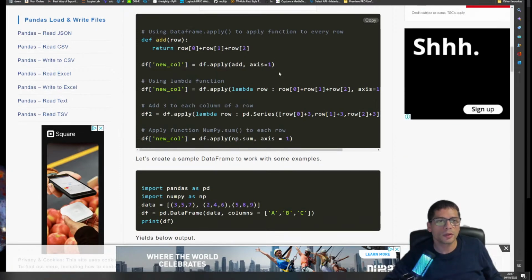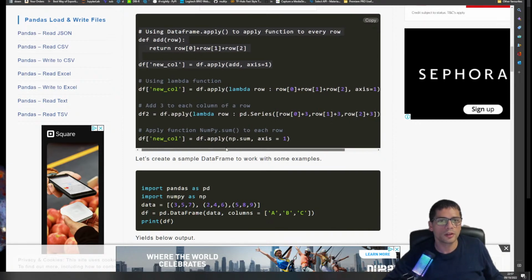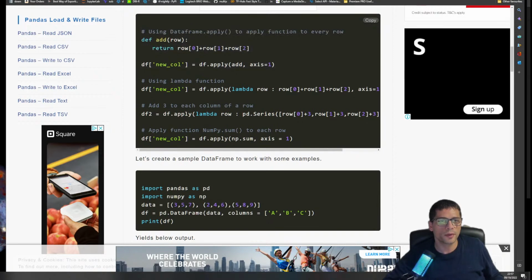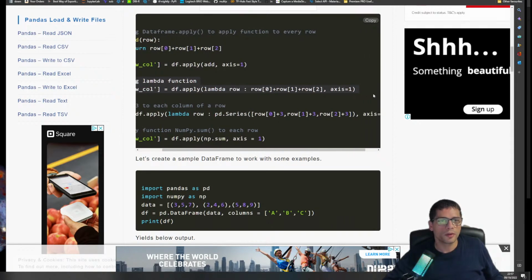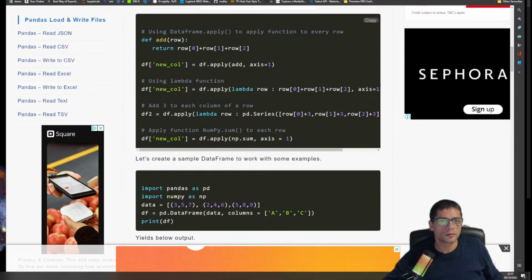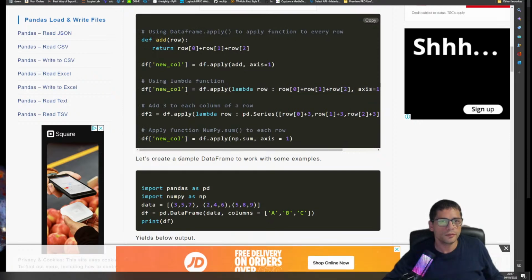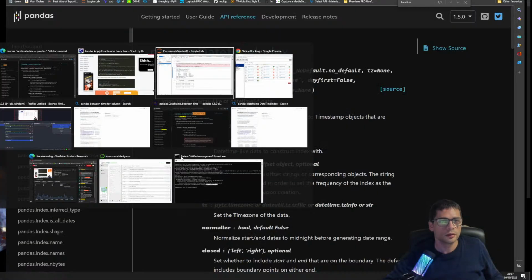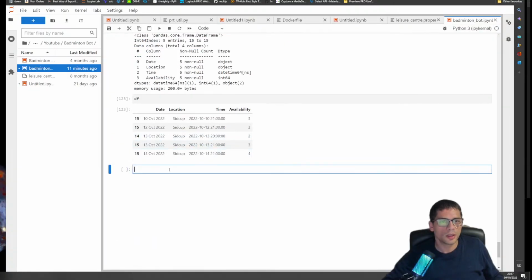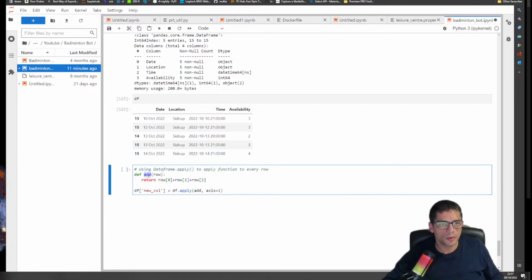Let's copy this example. It's simple. You could also apply a lambda function, but this probably makes something difficult to read. And with this one here, it's easier. Okay. What I want to do,